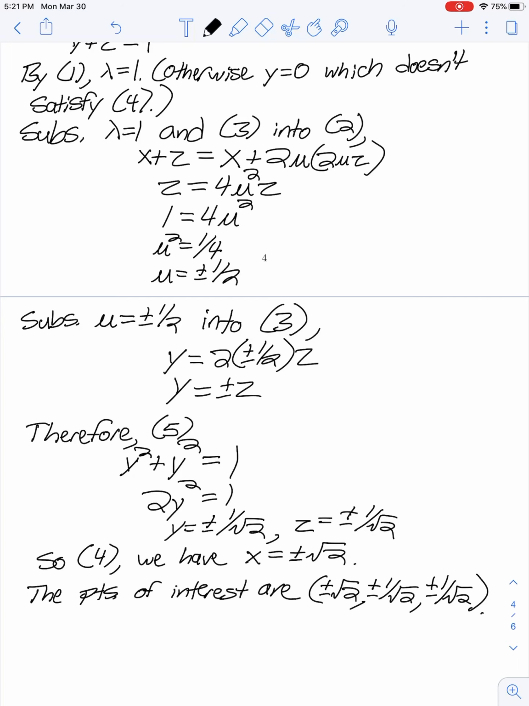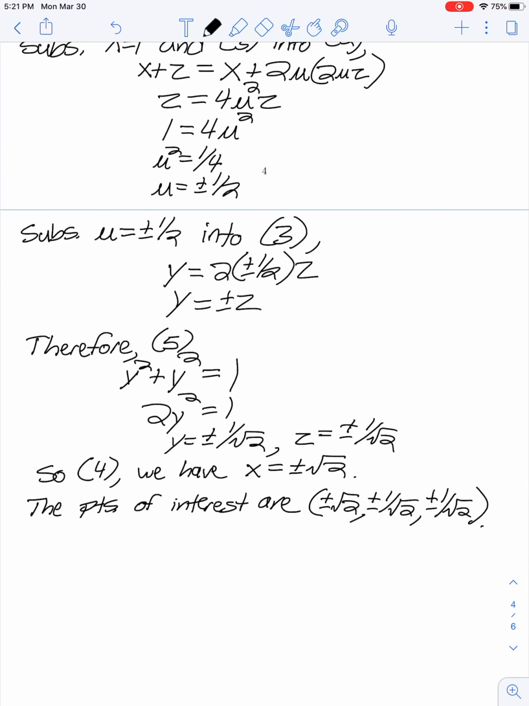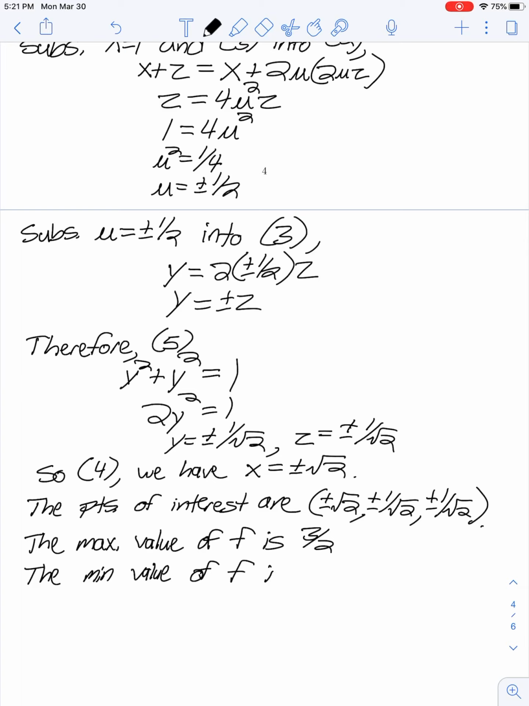Now, the function that we're trying to maximize or minimize is x times y plus y times z. So evaluating that function at each of these points that we've just found, we find the maximum value of our function f is given by 3/2, and the minimum value